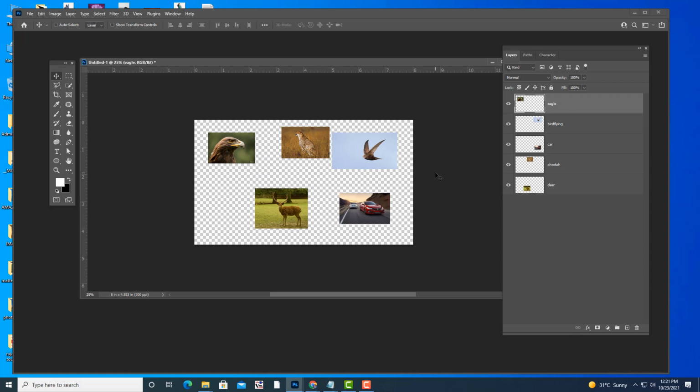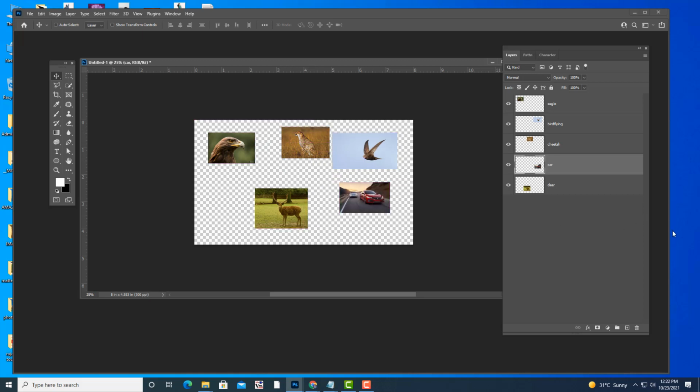In case you want to put a specific image behind another image, for example I want to put this car image behind the cheetah, simply select that car layer and drag it below the cheetah layer. Now the car is behind the cheetah layer.